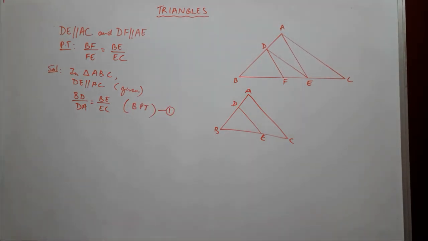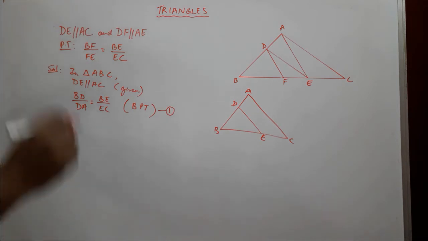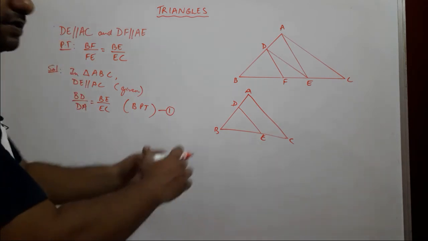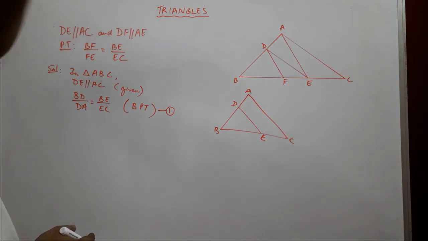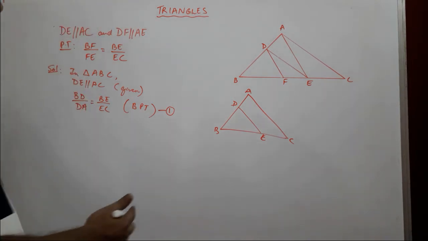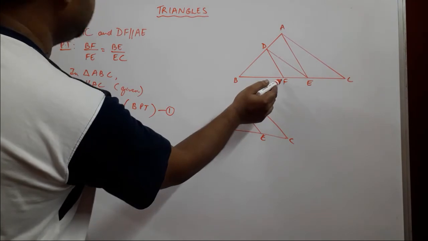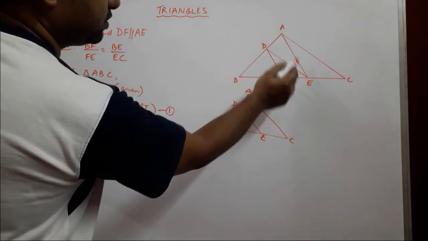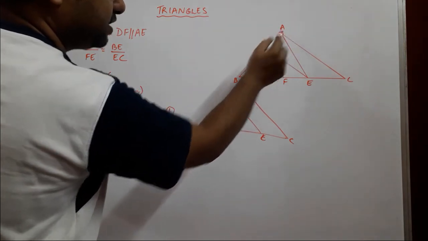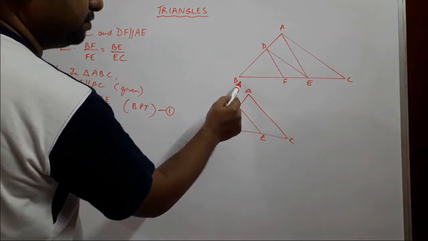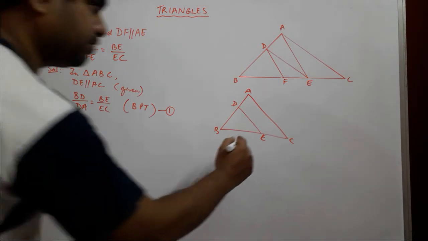Done. Now in the next case, we take the other parallel pair. I take another triangle which has these two lines which are parallel to each other. Which one has DF? DF is here and AE is there. So I don't need this AC line. So I'll take just triangle AEB or ABE, whatever you'd like to call it.